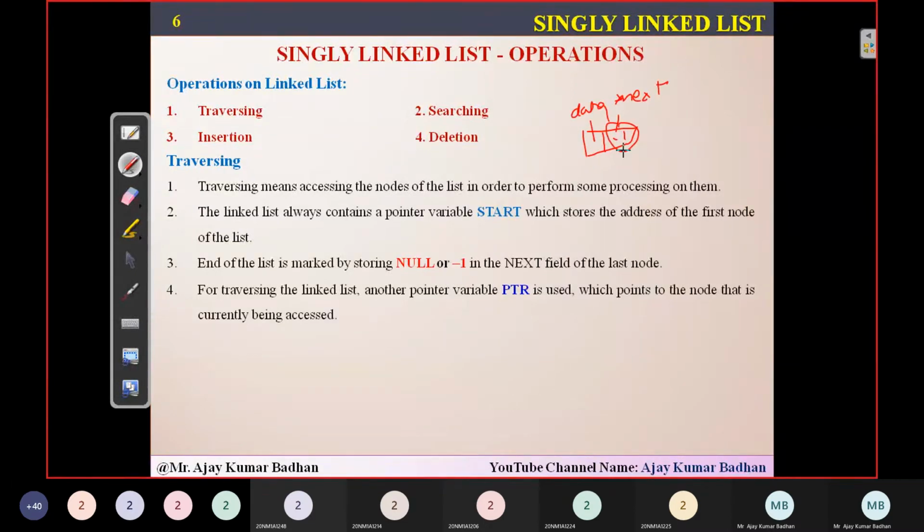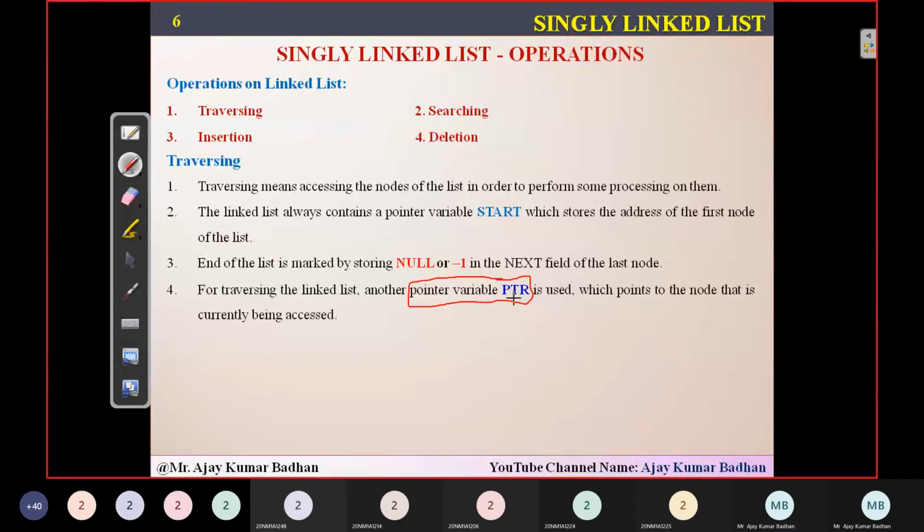Now for traversing, I am going to take another pointer variable, which I'm calling PTR, just like your start variable. This pointer variable will visit each node one by one. See here, these are the nodes, and every node consists of two blocks.